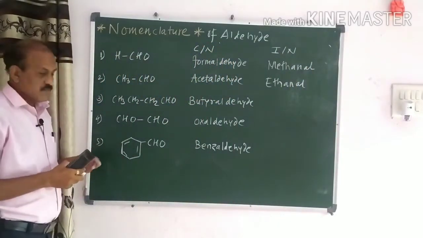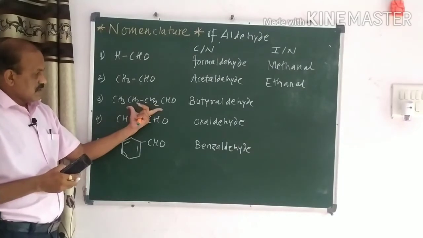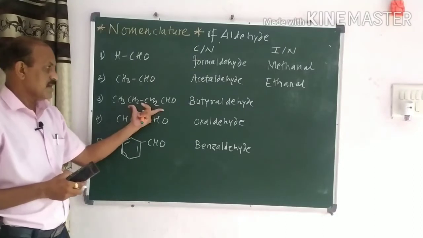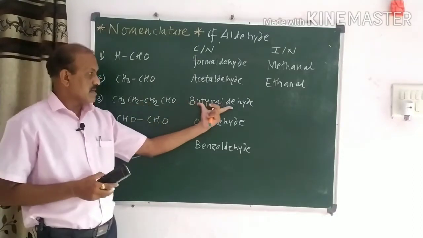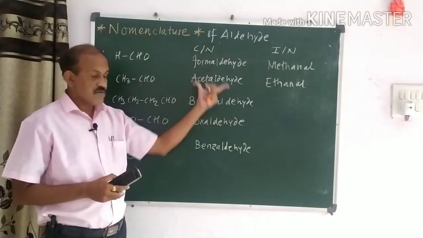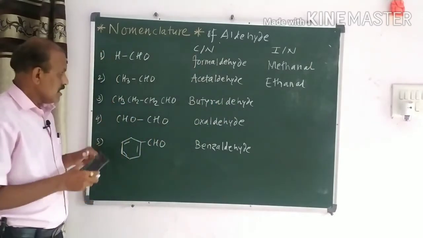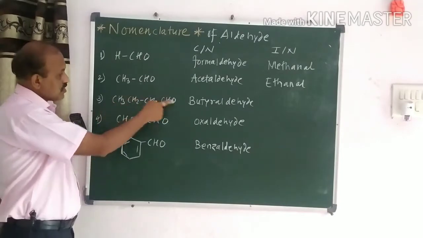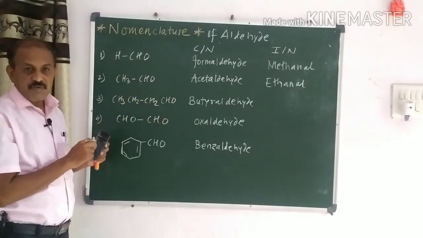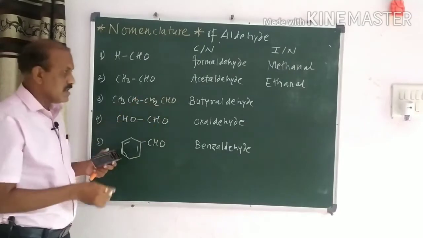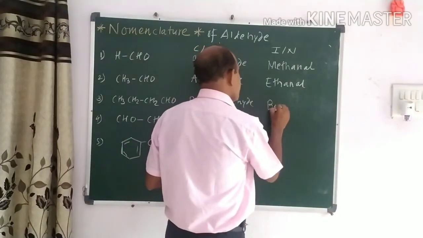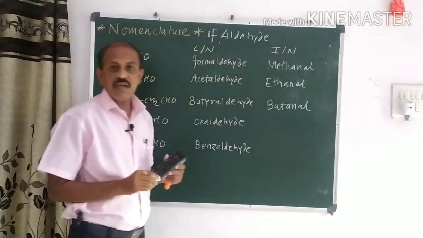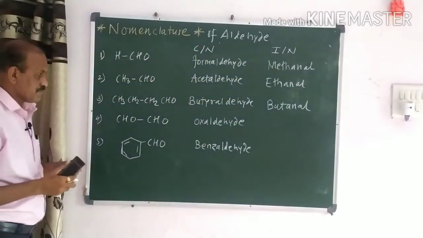In the same manner, we discuss this compound. The source of this compound is butyric acid, but IC acid is replaced by aldehyde, so butyraldehyde. We have to write the common name of this here. Now here the number of carbon atoms is again 1, 2, 3, 4, so no doubt this is butane. The E from butane is replaced by Al. So you can write it like this, butanal. So it is important.